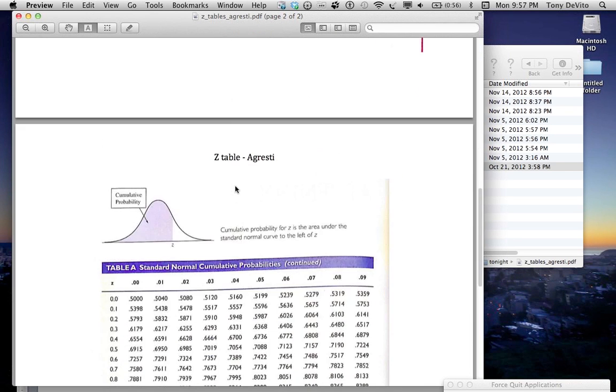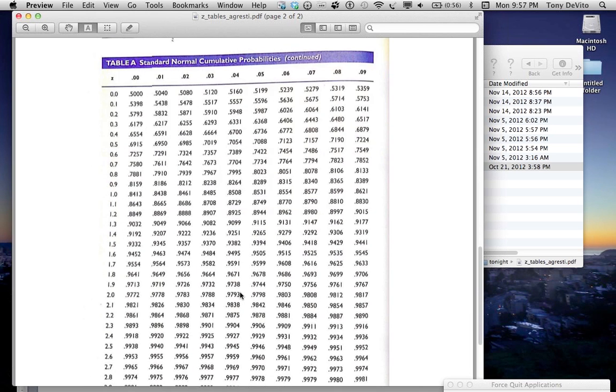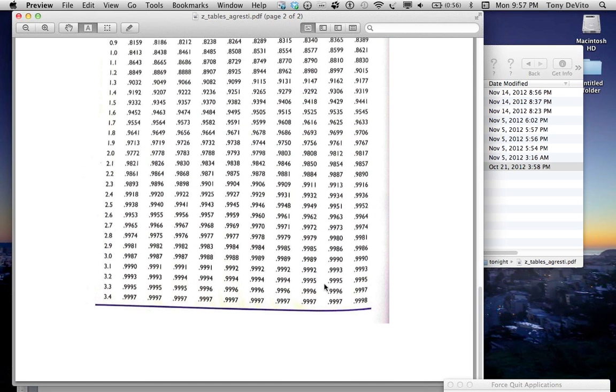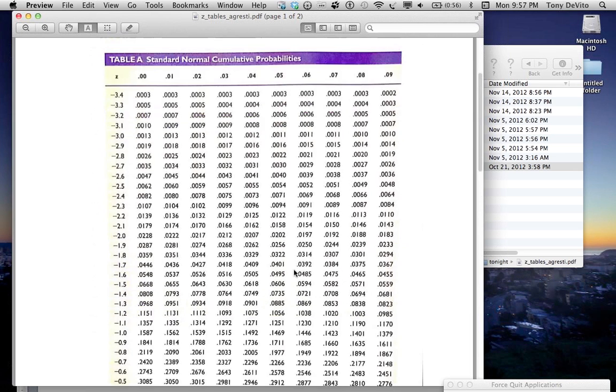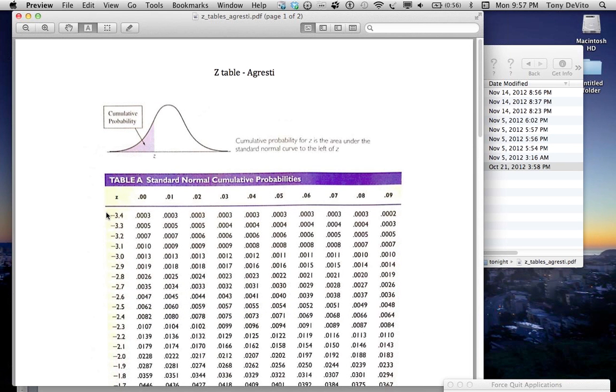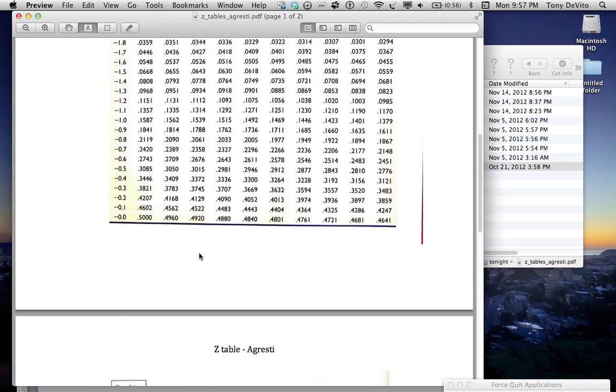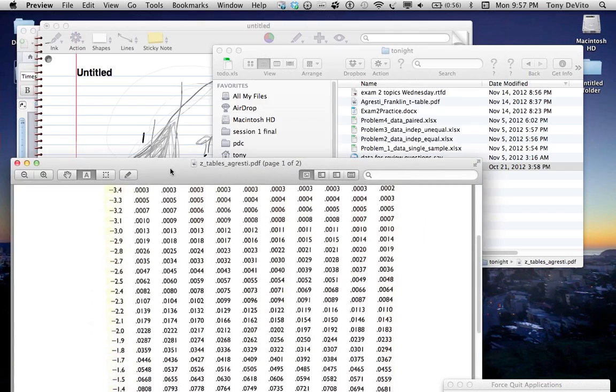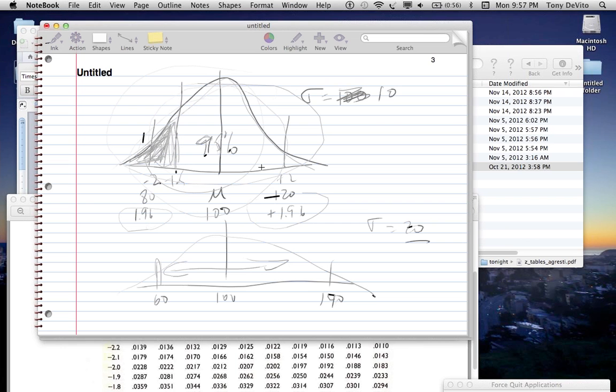I could literally do this for any value of Z, from a very large value like 3.5 down to a very small value like -3.5, and we'd have the areas for this entire distribution. Well, if I go back to the distribution, when I look at this, one of the things that we know